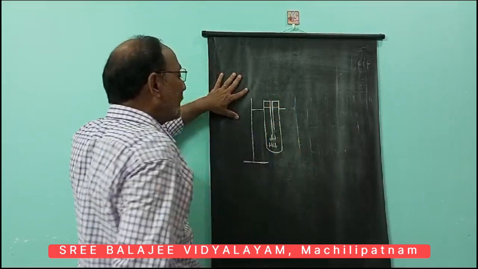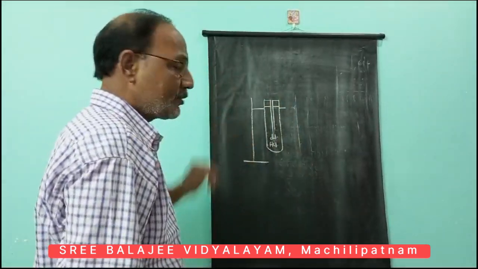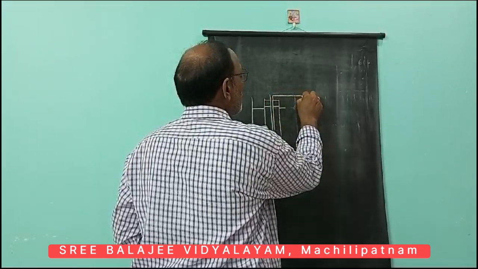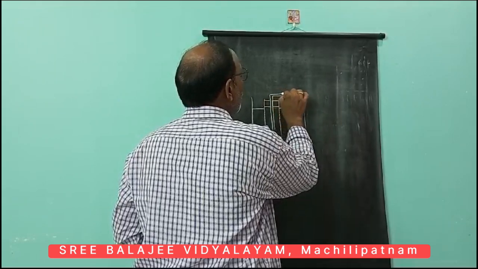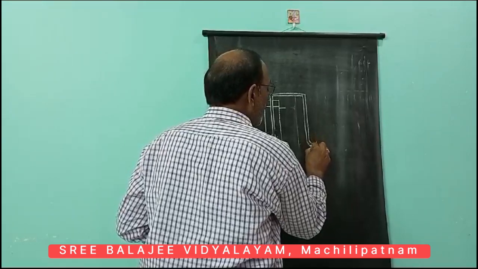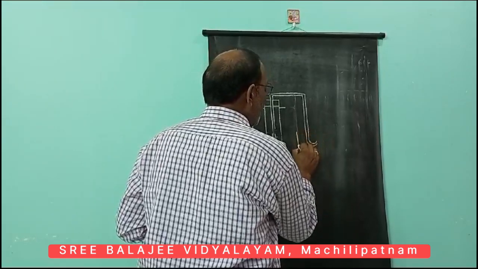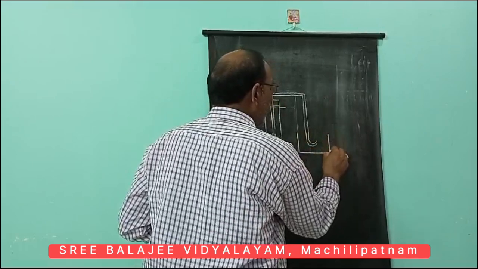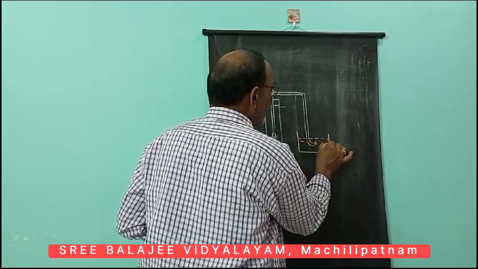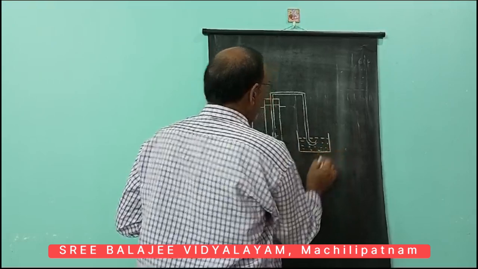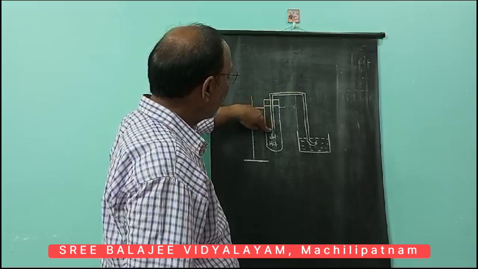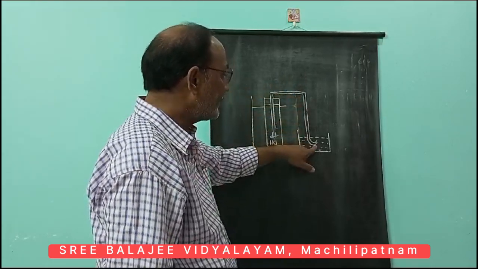One end of the delivery pipe is inserted into the test tube, and the second end of the delivery pipe should be kept inside another glass container which is filled with soap water. So here you see, this is the delivery pipe or the delivery tube. One end is connected to the inside of the test tube,